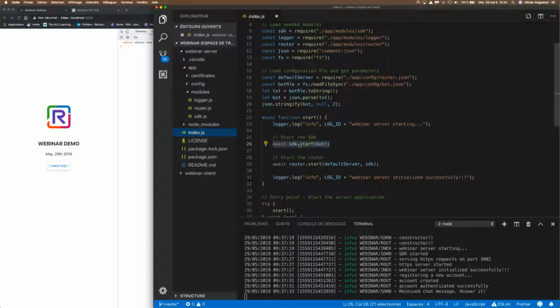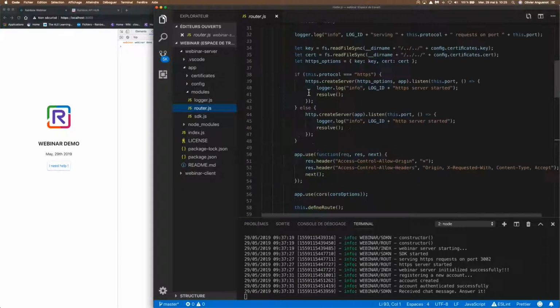I start the SDK with that account, and once it is okay, I start my router to define the different routes. We will first look at the router to show you that finally I define only one route.